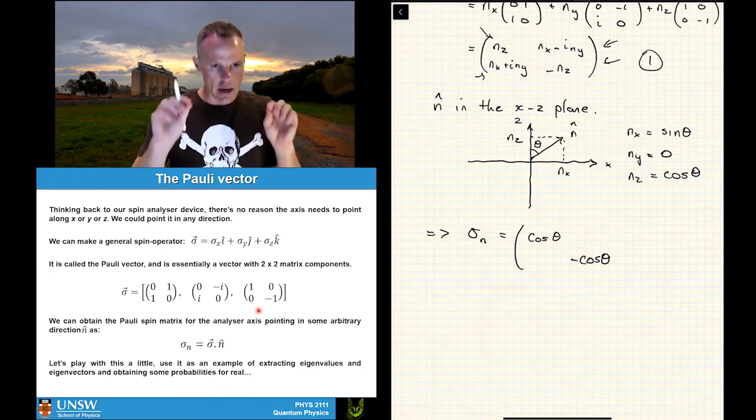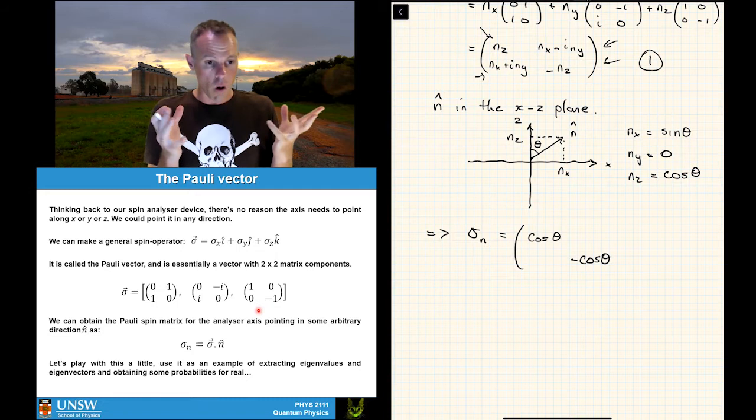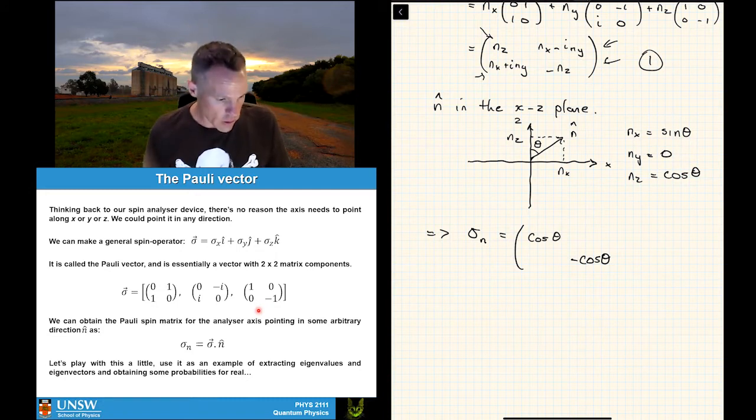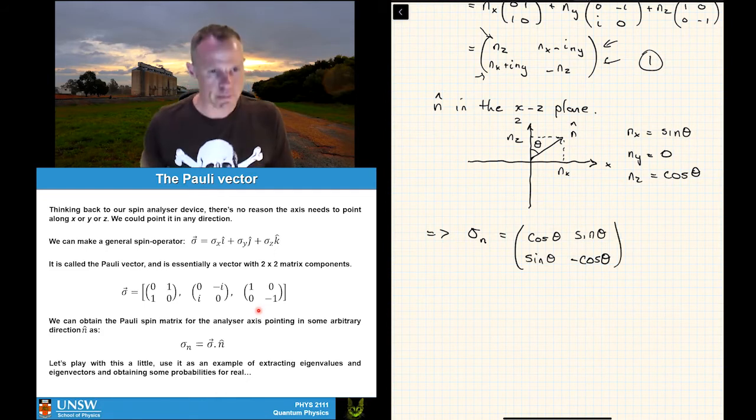And then the off diagonal elements, there's a 0 for ny, so we would just have our nx. So these would be sine theta and sine theta, respectively. Sine theta, sine theta. Okay? Bit of a simpler problem to deal with, just so that we can keep it inside the space of a